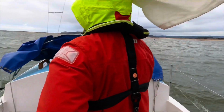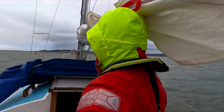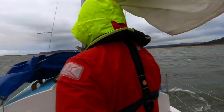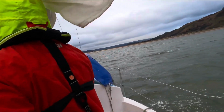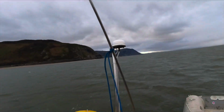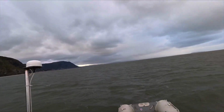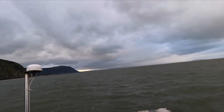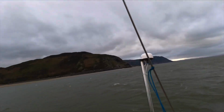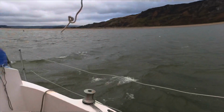Duncan on the helm. Back of the sail. It's a biting wind. Looks like Anglesea's getting hammered with the rain. We've been exceptionally lucky so far. But the last time I said that,